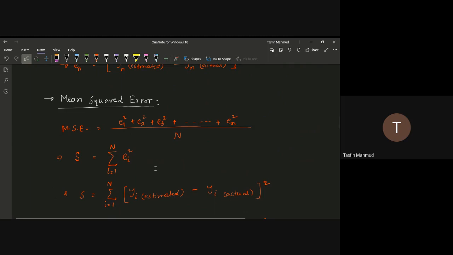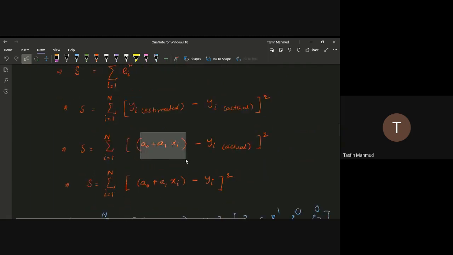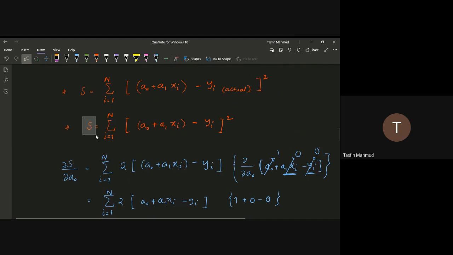তো যোগ করে আমরা এই যে আমাদের ওয়াই এস্টিমেটেড, মানে স্ট্রেট লাইন থেকে আমরা যেটা পাচ্ছি তার এক্সপ্রেশনটা এখানে বসিয়ে দিলাম। বসিয়ে দিয়ে আমরা এই এররের একটা এক্সপ্রেশন পেলাম। তো এখন আমরা এররটাকে মিনিমাইজ করতে চাই। একটা ফাংশনের মিনিমা যদি আমরা বের করতে চাই তখন আমরা ওই ফাংশনটাকে ডিফারেন্সিয়েট করতাম, আর ডিফারেন্সিয়েট করে জিরোর সাথে ইকুয়েট করতাম।